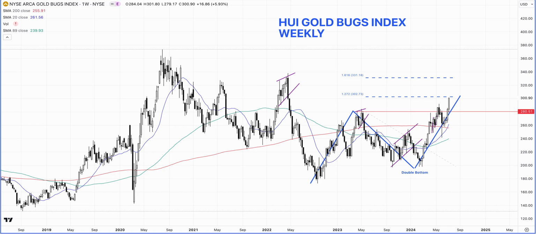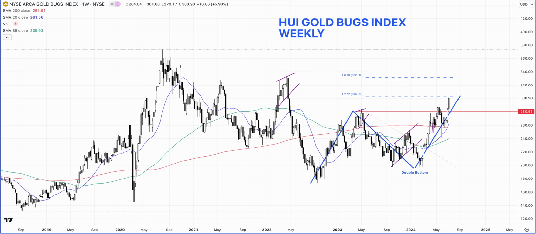Okay, so I want to spend the first few minutes of the video actually talking about a macro picture for the gold and why I think that the gold stocks, which have actually been lagging behind the actual commodity itself in the recent rally, which began from February of 2024 in gold, might actually be at a really key level where we could in fact see some of these gold miners, which have really been suppressed in terms of price and might still be profitable companies, but price action wise they are really at their lows, might actually be at a point where we can see some really good gains come into this, so they might be working towards moving higher.